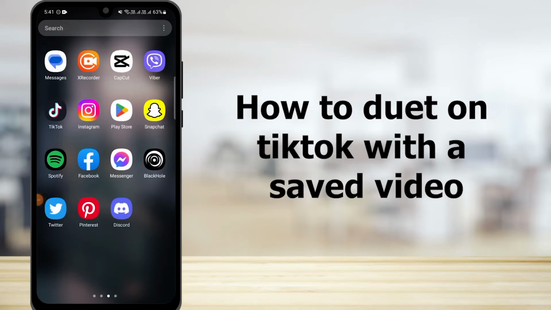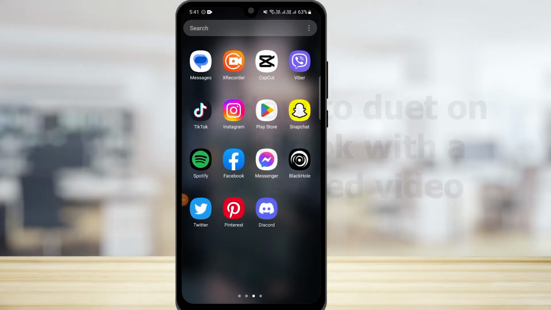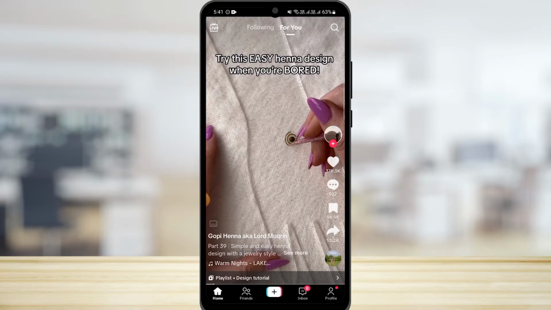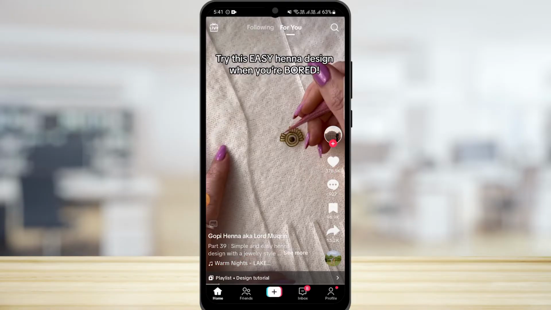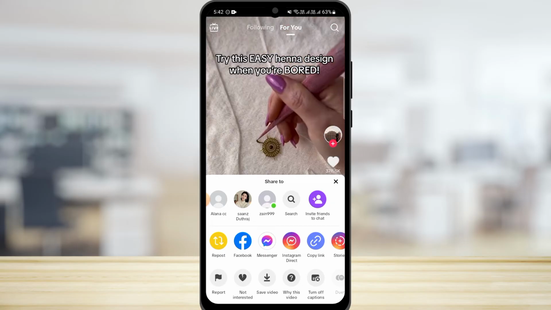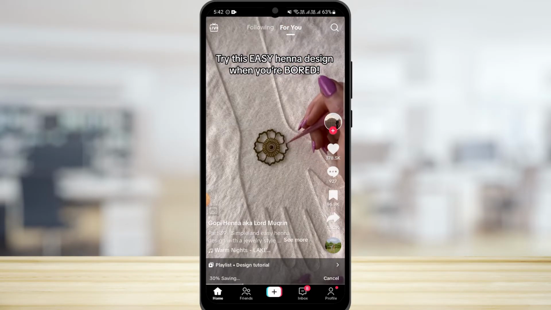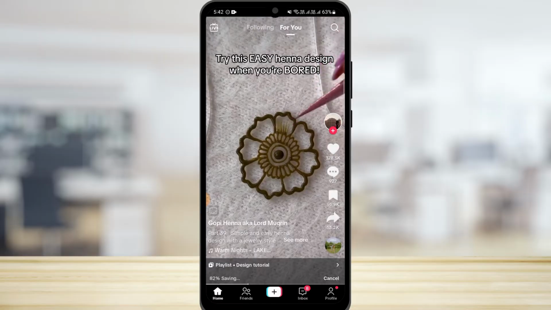How to duet on TikTok with a saved video. First, you want to open TikTok on your device. Now, over here, find the video that you want to create a duet and tap on the share icon. From here, tap on save video, and it will take some time, but the video will be saved in your